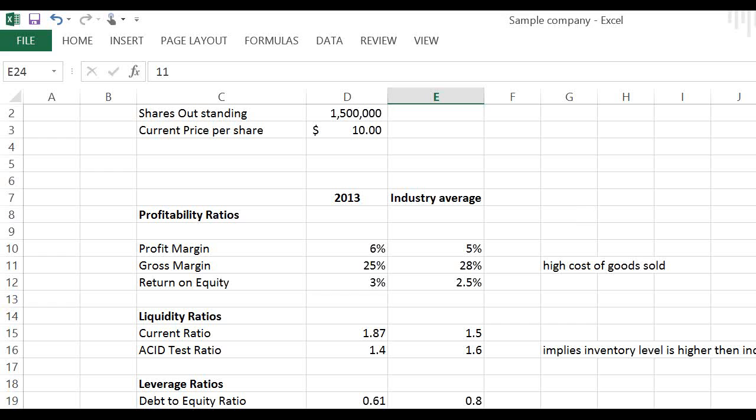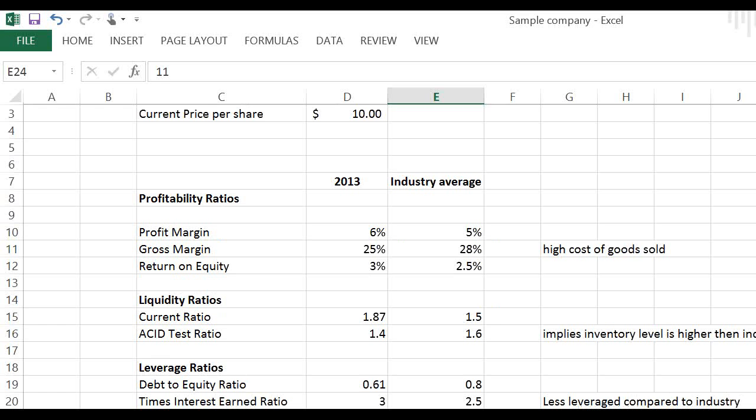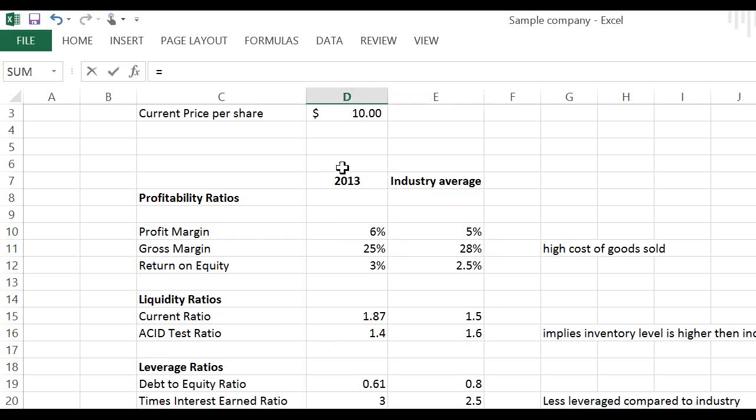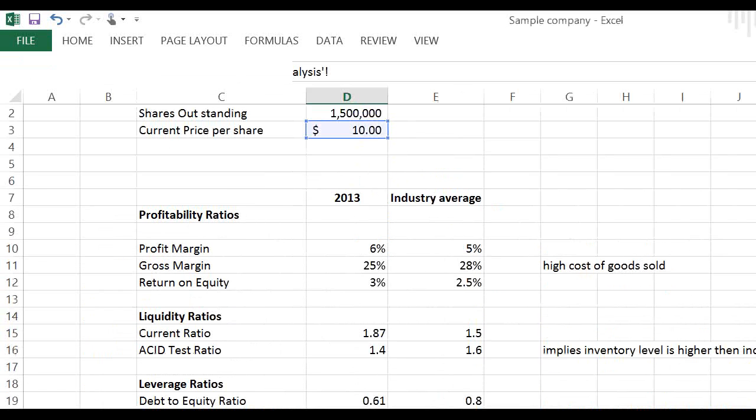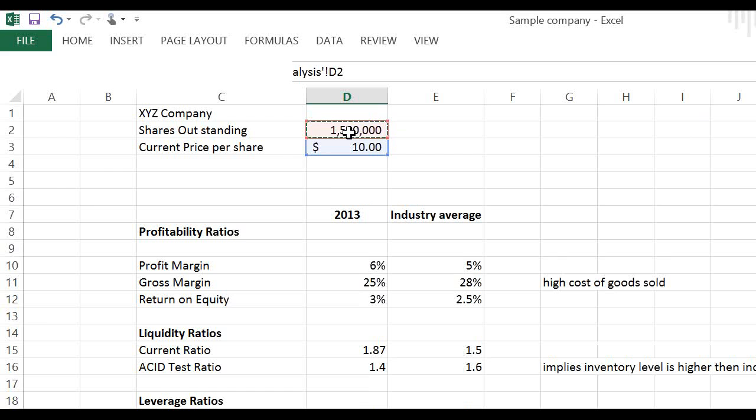In the end, we go to the price to earnings ratio. So the price to earnings ratio is basically the share price, the market price, divided by earnings per share. So we know the market price is $10 as it's mentioned at the top of the sheet. So we click on the market price. We divide this by, we'll open brackets to get our earnings on a per share basis. We go to the profit and loss tab. We click the net profit, and we divide this by the total number of shares outstanding, which again is mentioned on the ratio dashboard sheet, which is 1.5 million. We click on it, we close the bracket, we press enter, and we get a price to earnings ratio of